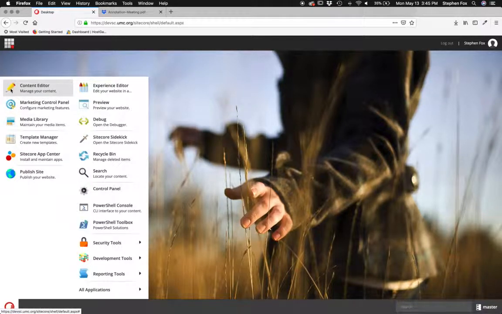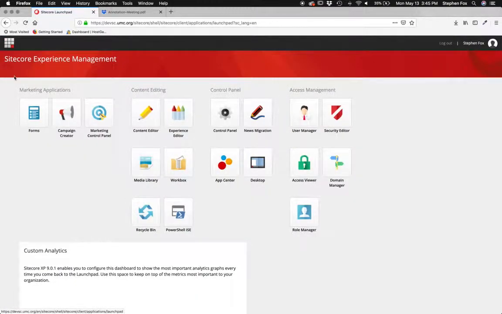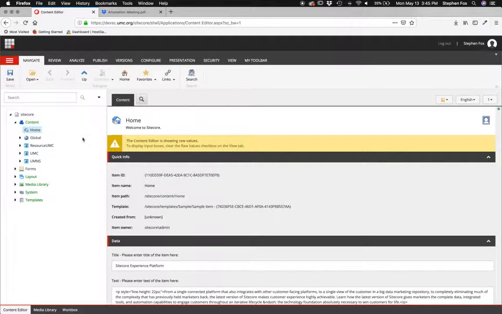So you can get to Content Editor either through the desktop by clicking on the Start menu and navigating to Content Editor, or if you are a site admin, you will be redirected to what is called the dashboard or Launchpad, and you can see the Content Editor icon right here. So in order to create an intermediate page, we're going to navigate to the UMC directory underneath the main content